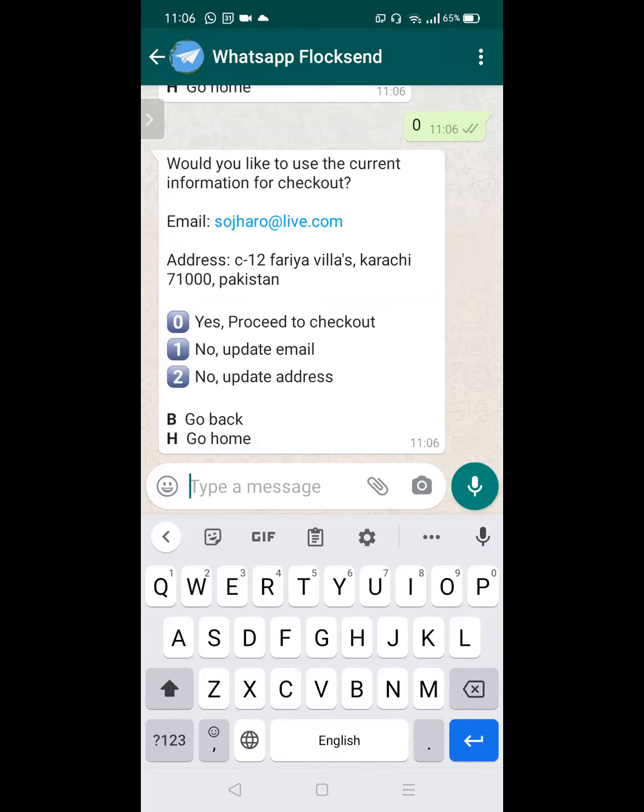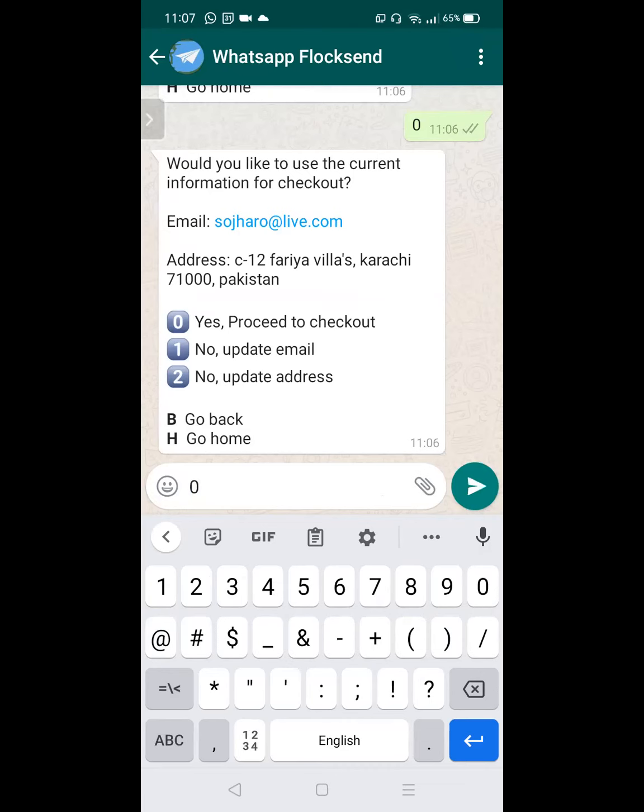Now I like working with this chatbot. It has already captured my email address and my mailing address from my previous orders. It is asking me, do I want to update the email address or address, or do I just want to proceed with the checkout? So I will say I just want to proceed with the checkout.